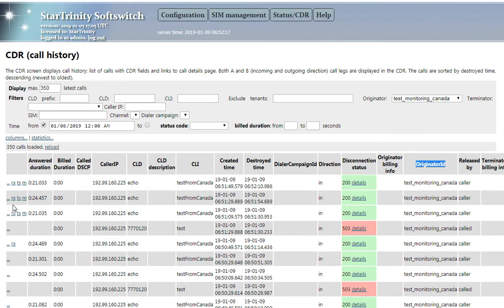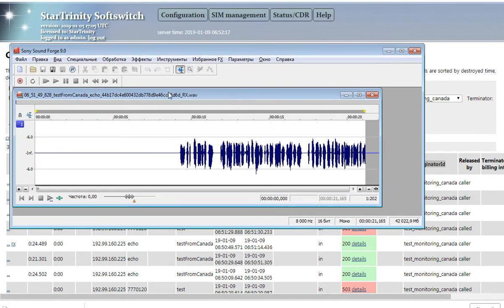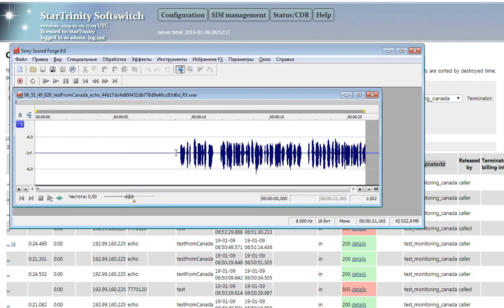And we have links to download a WAV recording. We download a WAV file and we open the WAV file. This is a WAV file in audio editor or whatever music player, and you can listen and